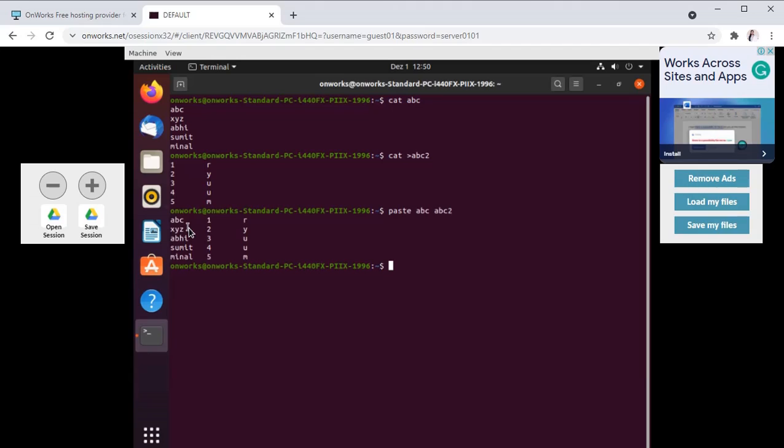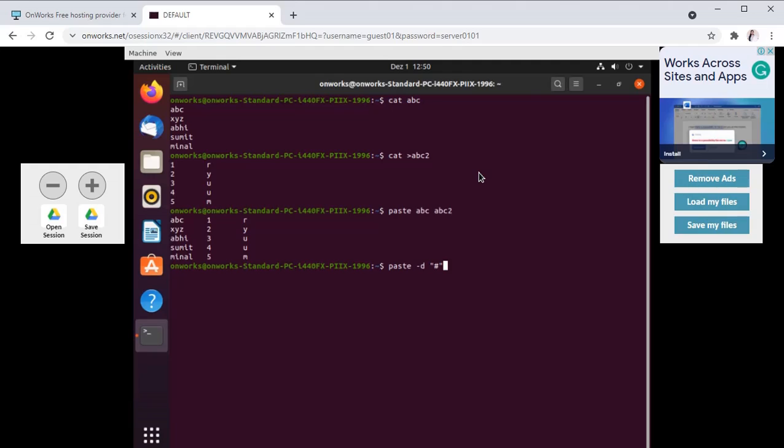Another option associated with the paste command is delimiter. We can join the content of two files using some delimiter. If we want to join these two files with the help of an underscore, a minus sign or an at the rate symbol, we can use that delimiter for joining. So how to use the delimiter option? Write paste minus d, then write down the delimiter which you want to use. Suppose I want to use hash.